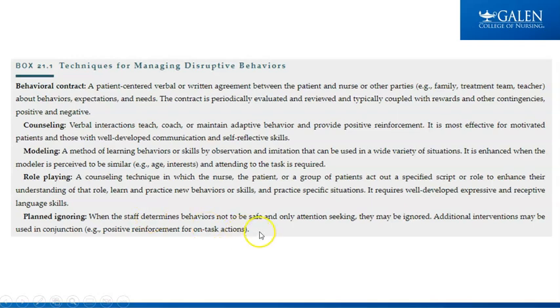Planned ignoring. If the behavior, right, is attention seeking, and it's very weird because when it says not to be safe. So a good example, and I know it's very weird phrasing. If I had, and actually I did, true story, I had a young kid, he was like 6, and I'm in the nurse's station with the door closed, and he is just banging on that door, right? And he's trying to break the door down. I'm gonna effing kill you. I'm gonna kill your family. He threatened everyone, my dog, my neighbors, my mom, my dad, my kids, everyone.